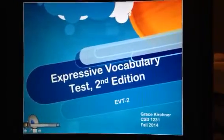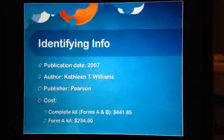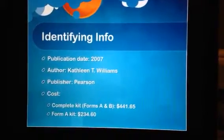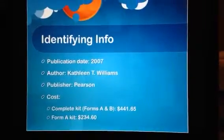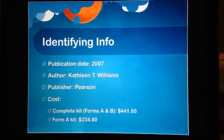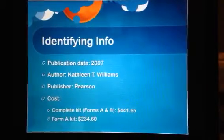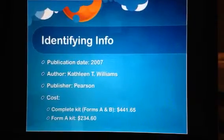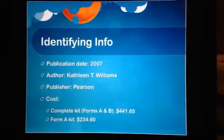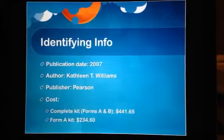Second Edition, or EVT2. The test was published in 2007. The author is Kathleen T. Williams, and the EVT2 was published by Pearson. The complete cost of the entire kit, including Forms A and B, is $441.65, or to simply purchase the Form A kit, which is what Pitt has, that costs